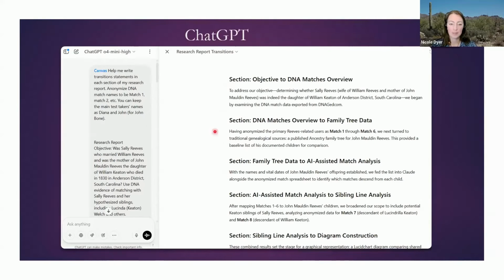So one of the transitions toward the beginning, after the objective and before the research, talks about, to address our objective, determining whether Sally Reeves, wife of William Reeves and mother of John Malden Reeves, was indeed the daughter of William Keaton, we began by examining the DNA match data exported from DNA GEDCOM. So it gives you more information about what we're going to do next. And then it gives an overview of the DNA matches and how we anonymize them. And then another